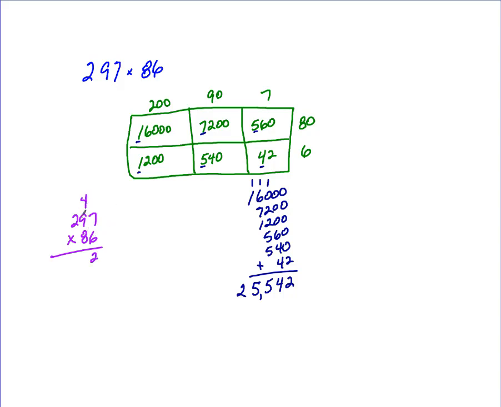2, carry a 4, 54, 58, carry a 5, 12, 17, hold a place, 6, carry a 5, 72, 7, carry a 7, 16, 7, 23, add them all together. Same answer. So yes, if you're thinking they're making my kid do this because it's a bunch of extra work,